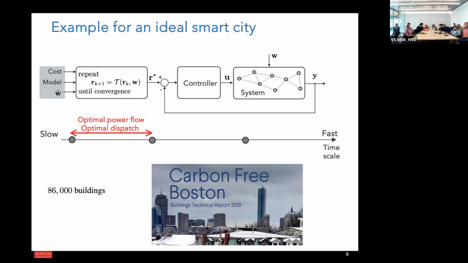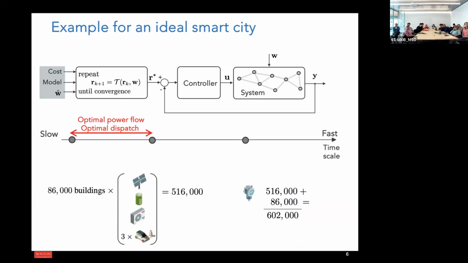As an example, suppose that we want to coordinate operation for the buildings in the city of Boston, which is approximately 86,000 buildings, in order to minimize emissions or consumption. Now, if you assume that we just have one PV system, one HVAC system per building, plus 3 EVs, this means that we need to coordinate in real time basically 500,000 devices, right? At a time scale that matches the dynamics of prevailing ambient conditions. Plus, we need to sense all the states of the devices, plus also we need to collect measurements of voltages to assess the state of the grid, right? So this is something we cannot do in real time, right?